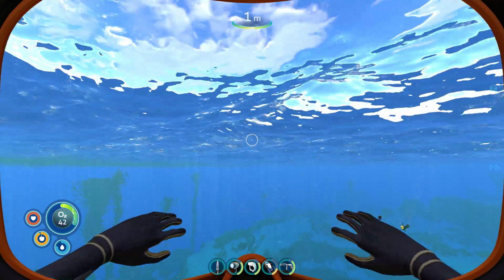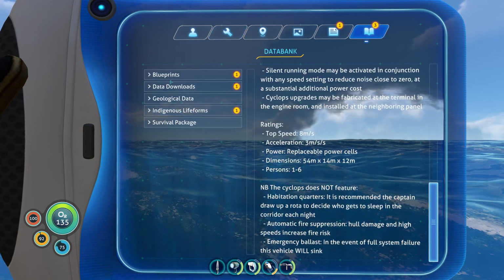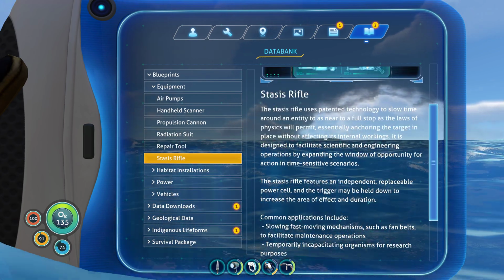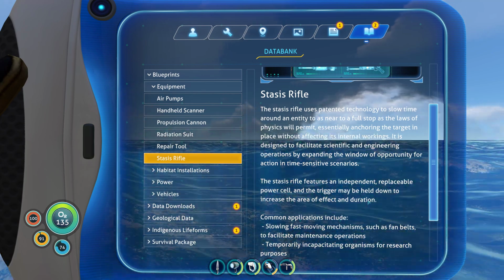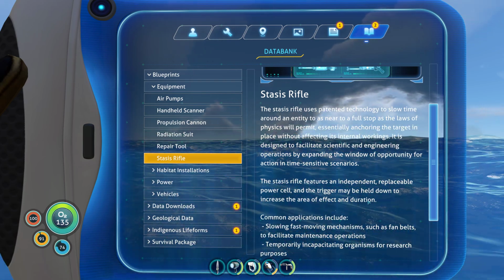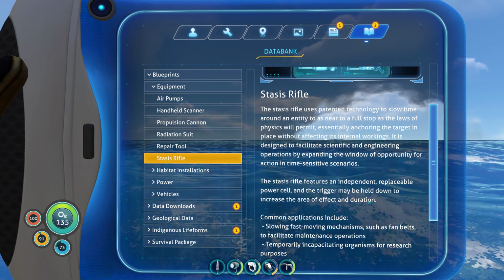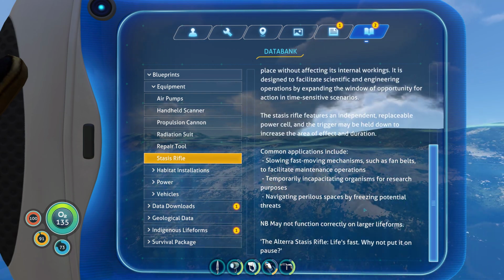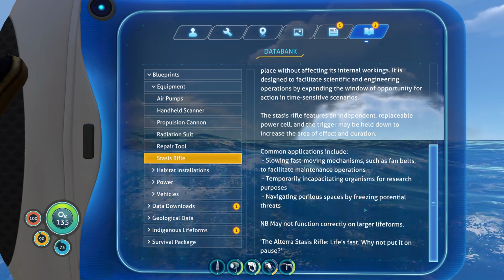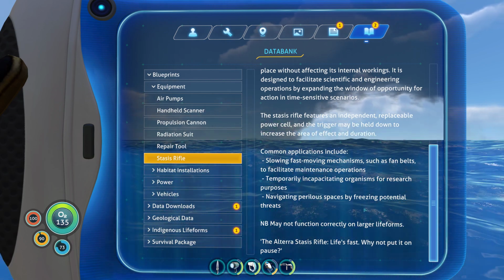Stasis rifle. I want to look at that while I'm sitting here replenishing oxygen. Data bank. Blueprints. Equipment. Stasis rifle. The stasis rifle uses patented technology to slow time around an entity to as near to a full stop as the laws of physics will permit, essentially anchoring the target in place without affecting its internal workings. It is designed to facilitate scientific and engineering operations by expanding the window of opportunity for action in time-sensitive scenarios. The stasis rifle features an independent, replaceable power cell, and the trigger may be held down to increase the area of effect and duration. Common applications include slowing fast-moving mechanisms such as fan belts to facilitate maintenance operations,